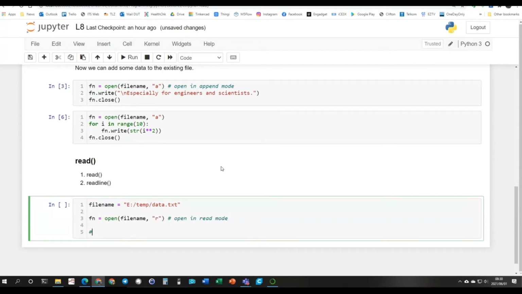Once the file has been opened in read mode, we can then read the text in the file